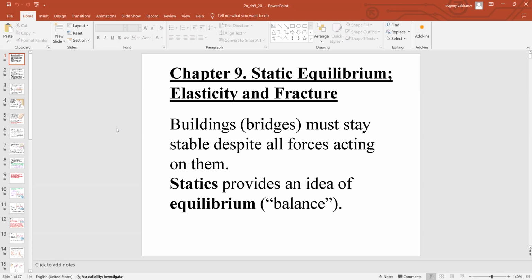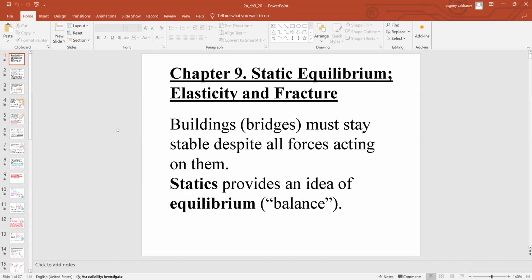You can go through building projects, and statics by itself is a huge chunk of engineering discipline for sure. So today, just a brief introduction, nothing crazy, just some balance of forces and balance of torques equations